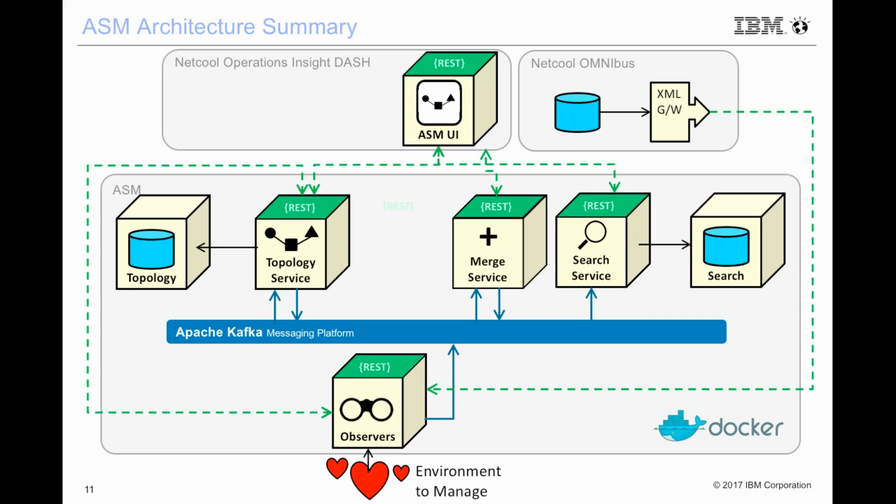We've got a number of observers. We're going to cover a few of them later, but there's just one example at the bottom there. And then we've got three principal microservices, which are the topology service itself, the merge service, which we'll talk about later, and the search service, which we won't really cover here, but we'll see it in action a bit in the demo. If we go to the next slide, Krishna,